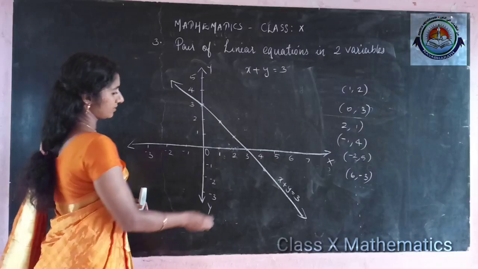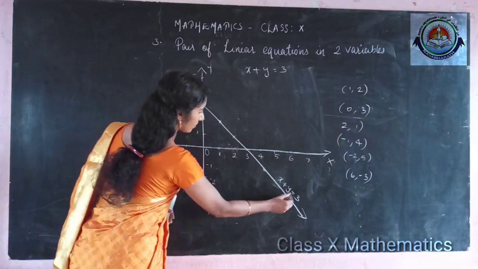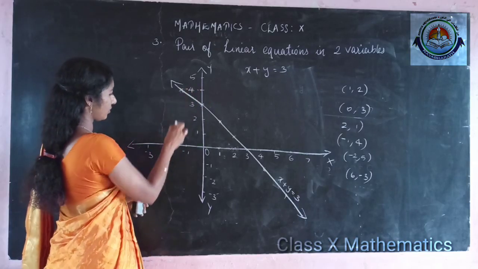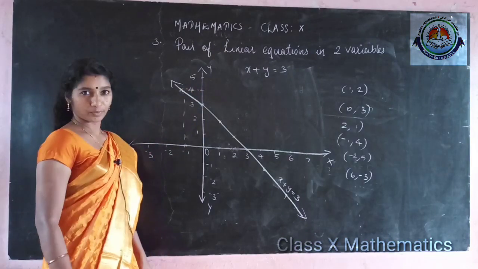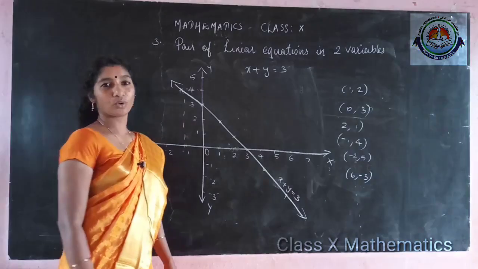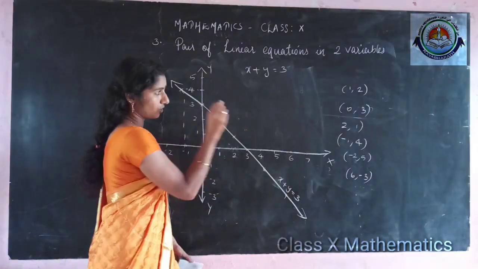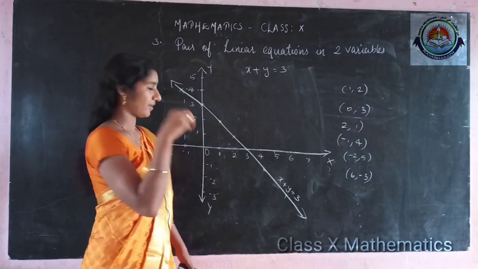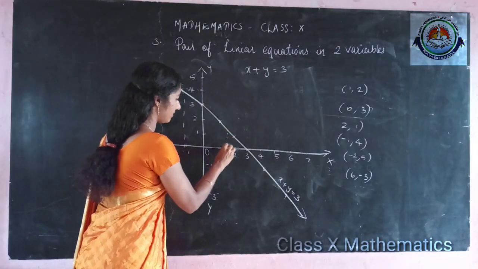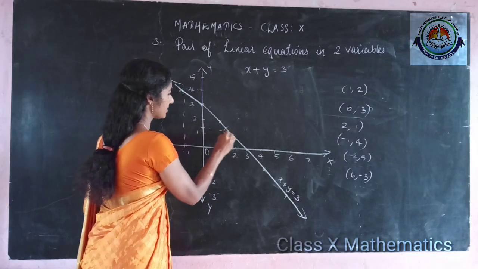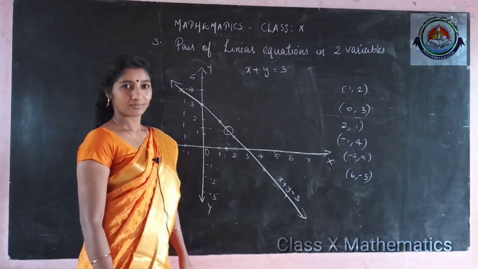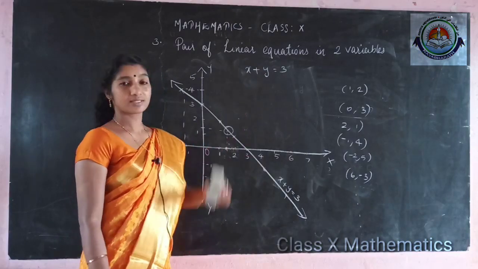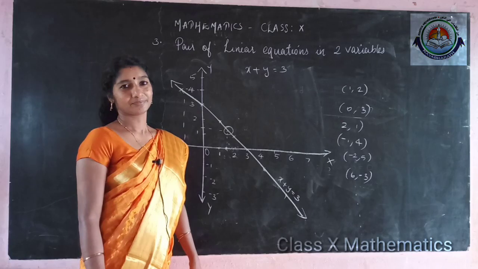Take any point. This is one point. Which is that point? This we already took. Another point you take, this point. Which will be this point? (4, minus 1). This is that point. So you can get all the solutions. And see, I took only integer solutions because it is easier for us to use integers than fractions. Let us use one fraction. Here one point we are getting now. So this point. After 1 here, after 1 we are getting a point, which makes the sum equal to 3. Correct?